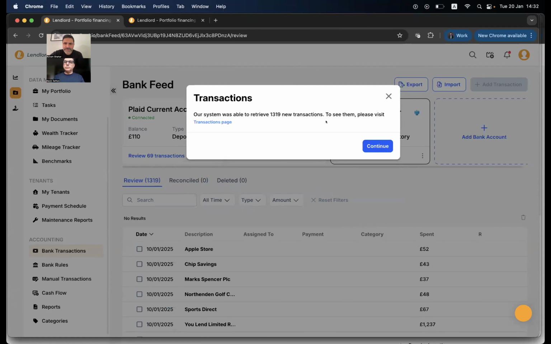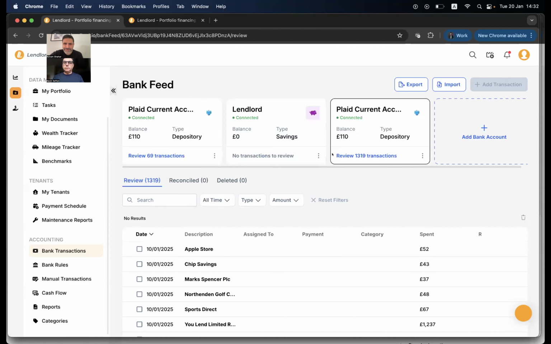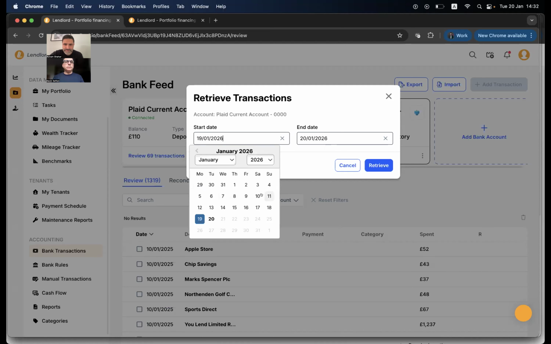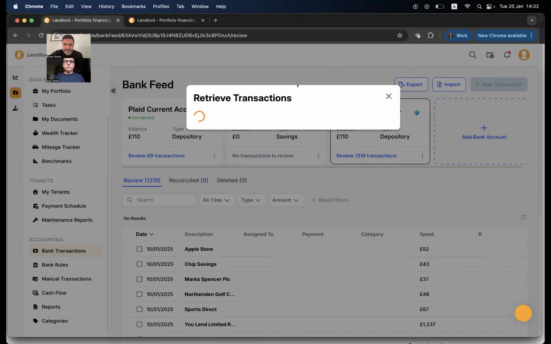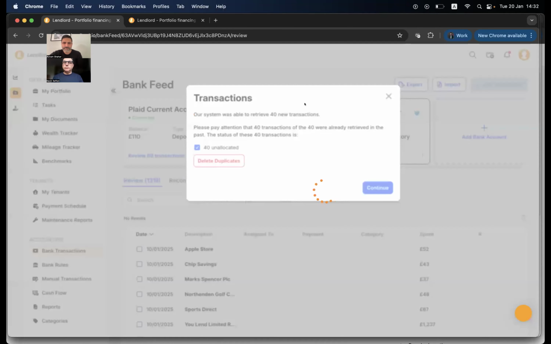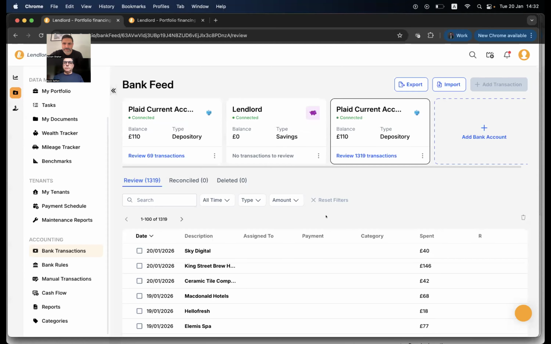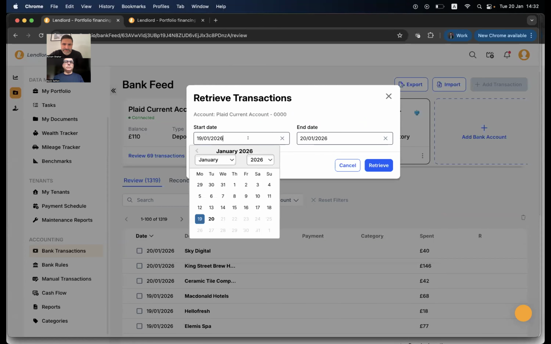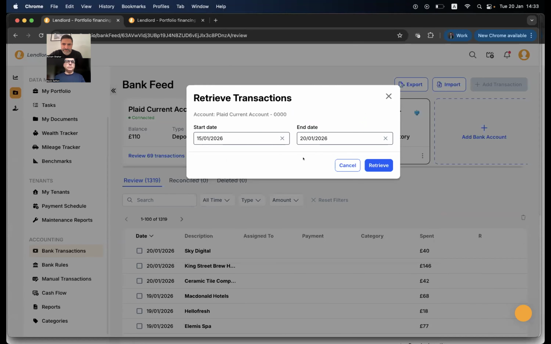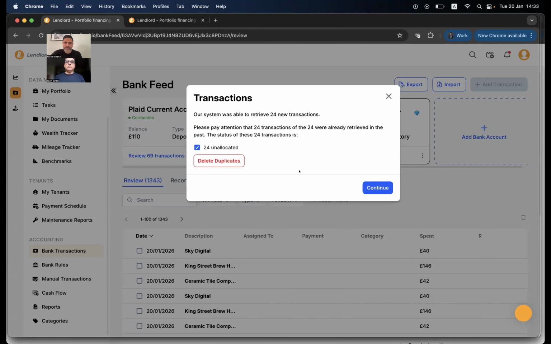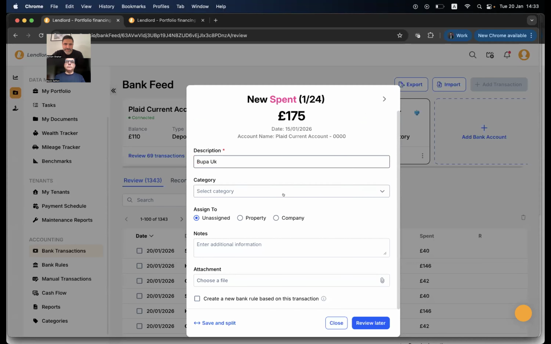I selected perhaps the 2025. Okay, let me do it again. One second. Start date. Let's see now. Okay. I will do it quickly again. I will select a more recent period. One second. I want to show you the wizard that you will receive every time that you log into the